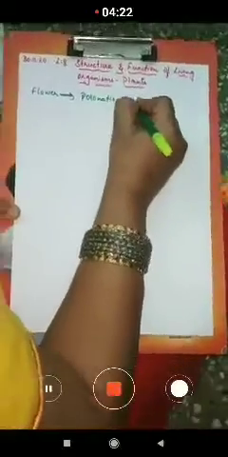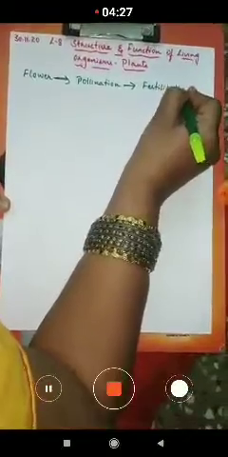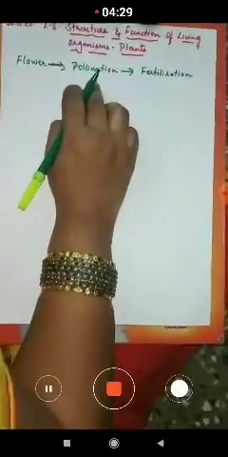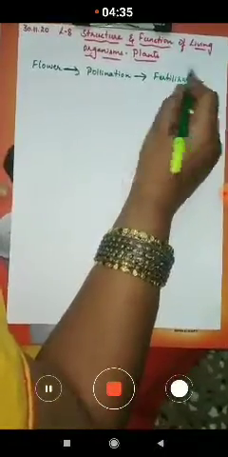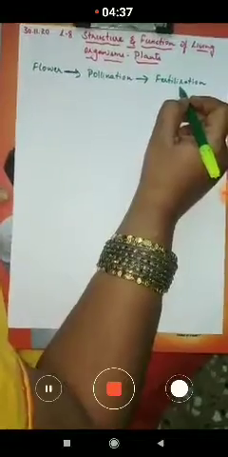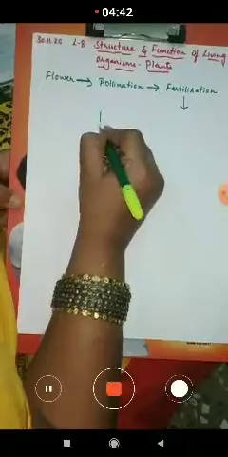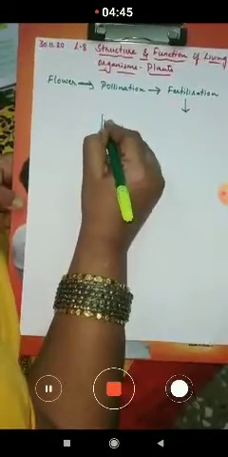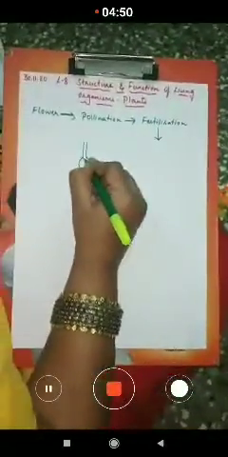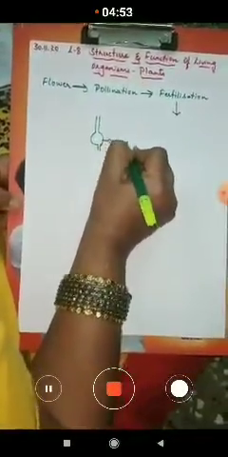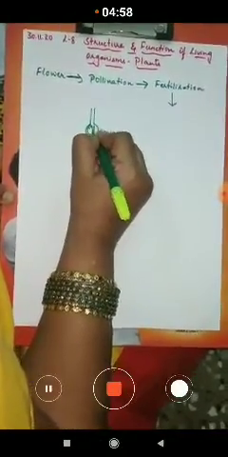After the pollination, what happens? The fertilization takes place, that is the fusion of the pollen grains and the ovules. When they fuse together, after the fertilization process, what happens? The ovary, which you have learnt, I'll draw it and show you. This you have learnt in the last class. This was the ovary, children. And here we have the ovules inside the ovary.